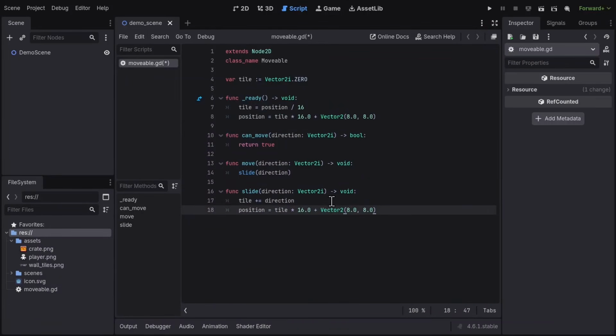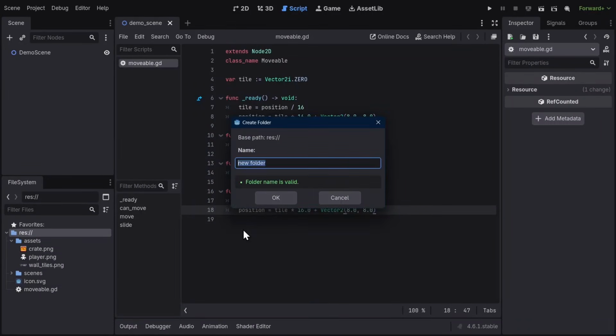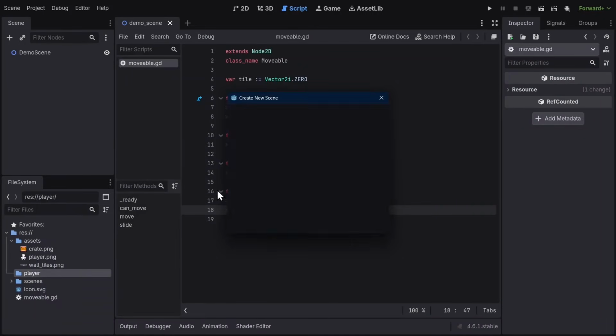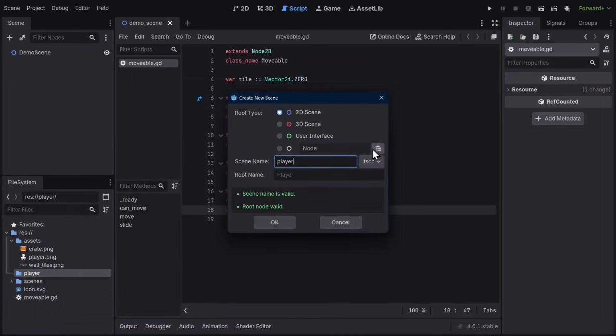You might wonder why move and slide are two separate functions. It'll make more sense later when we add an undo button, which will slide objects around but shouldn't be counted as a new move. Now we can make our Sokoban character controller. Let's create a new movable scene called player,